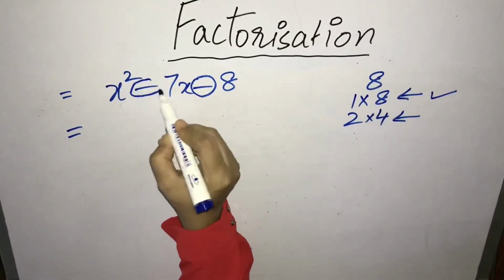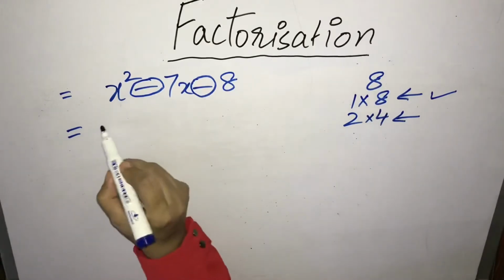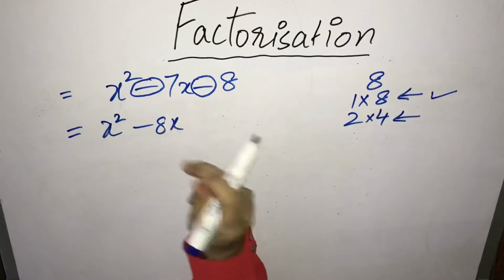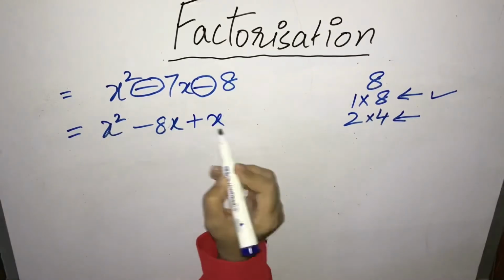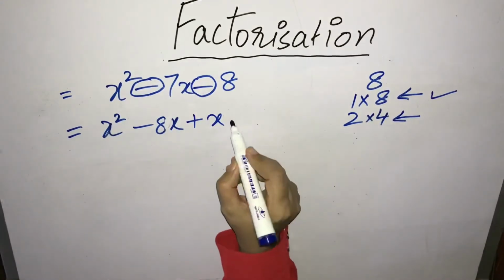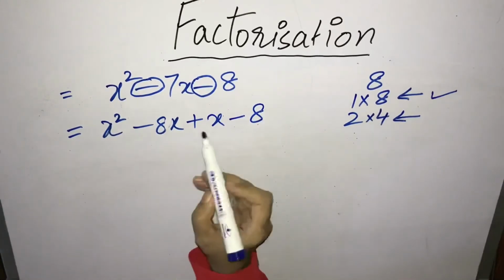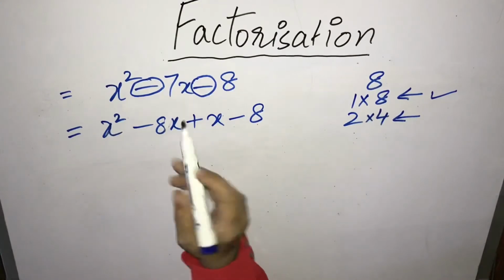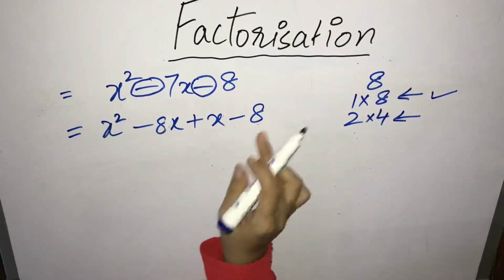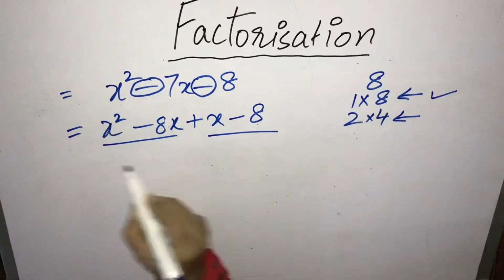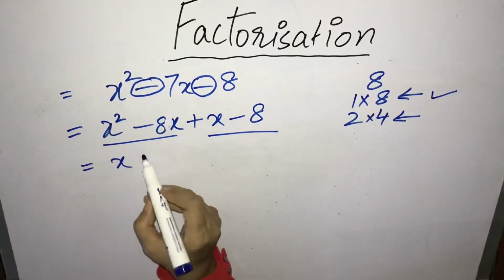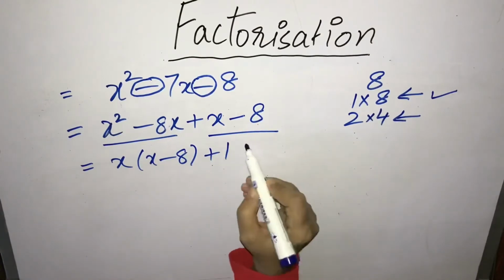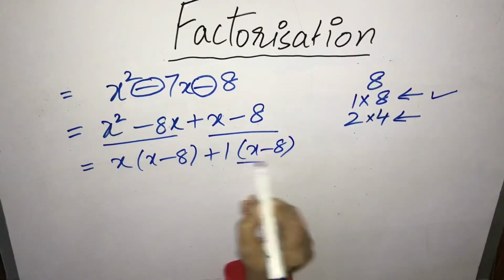This sign shows that the bigger factor is negative. So we shall have x square minus 8x plus x minus 8. Plus 1 and minus 8 is minus 7, and at the end minus 8. You can check: minus plus minus, 8 ones are 8, this is 1x basically, 8 ones are 8 x square. Making the pairs, from the first pair, x common, x minus 8. From the second pair, 1 common, x minus 8. This is same.